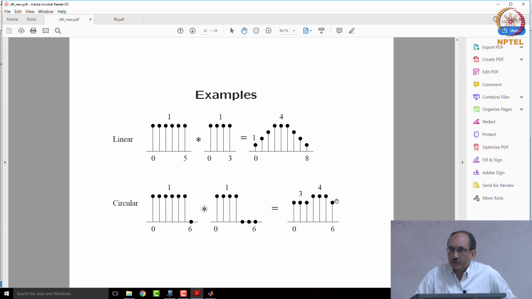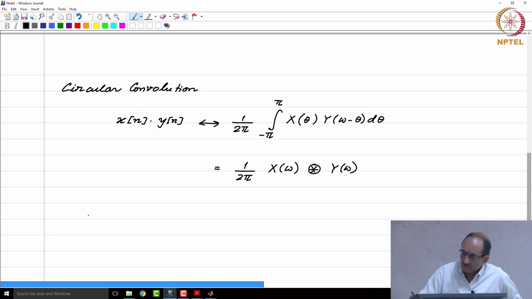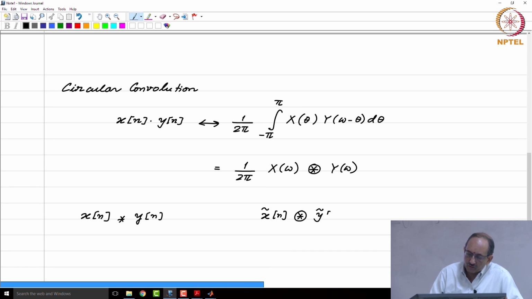Now we have to ask the question whether there is any relationship, if at all, between circular convolution and linear convolution. So we are trying to compare x of n convolved with y of n, so this is linear convolution, and then x tilde of n circularly convolved with y tilde of n,